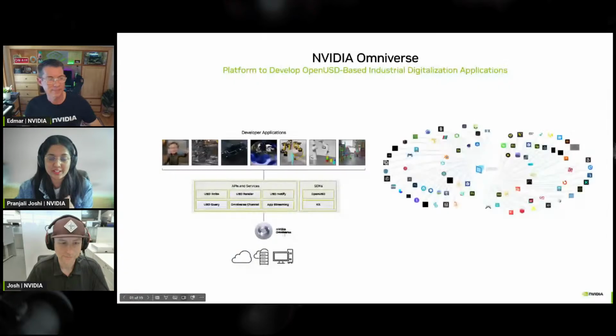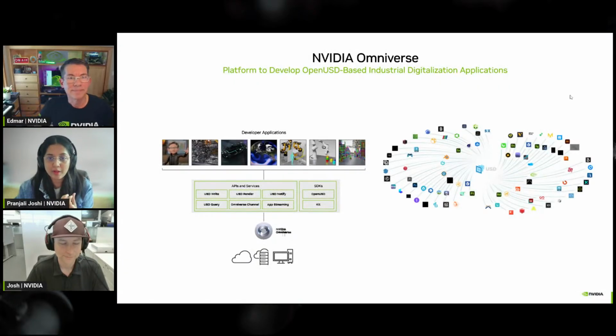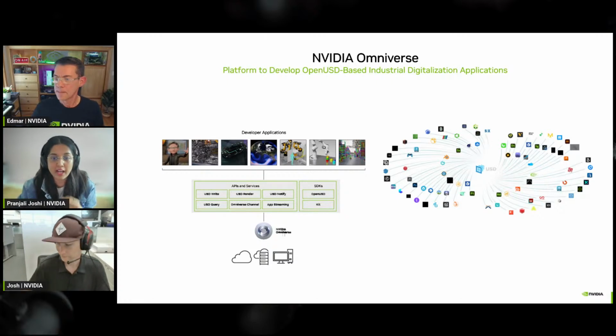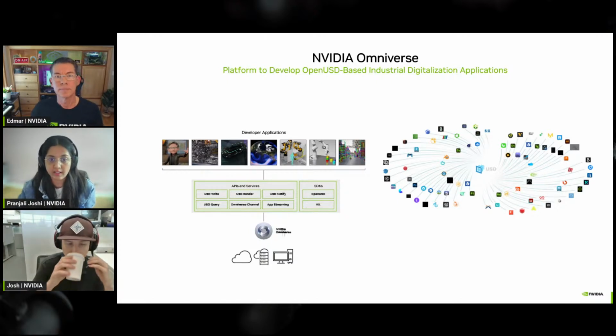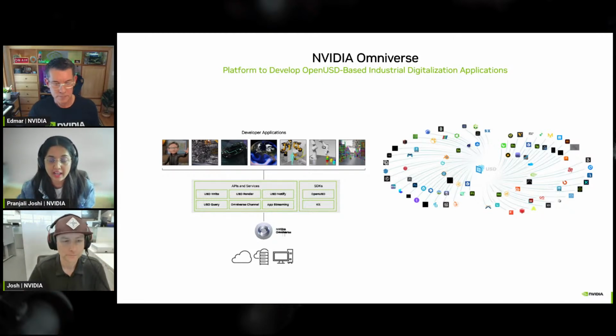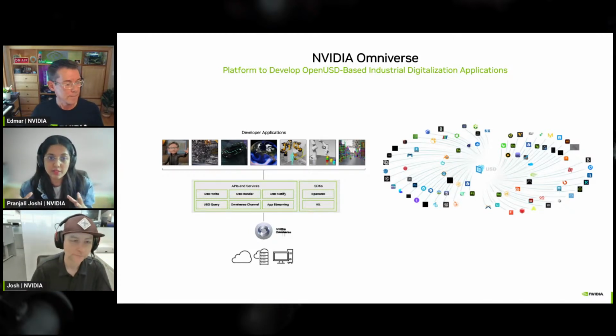be there with me. We're going to make it really easy for you to understand how OpenUSD is at the core and so important. A lot of you have been working on Omniverse or know about it already. It's a platform for developing physically based industrial digitalization applications. So you can think about it as a feedback loop for all the AIs that are entering the physical world. When we talk about physical AI, having this feedback loop is at the core of building physical AI applications.